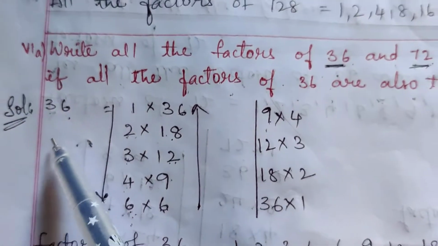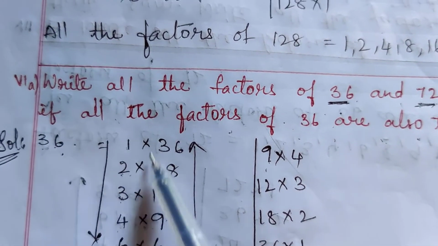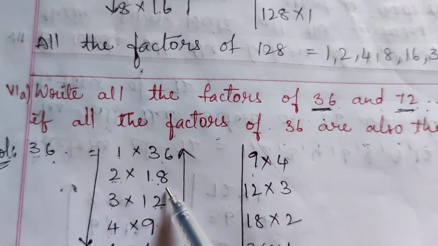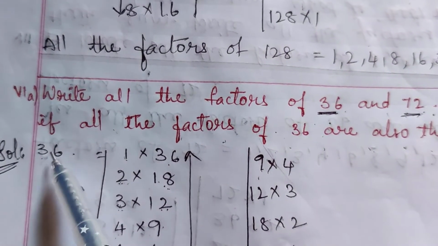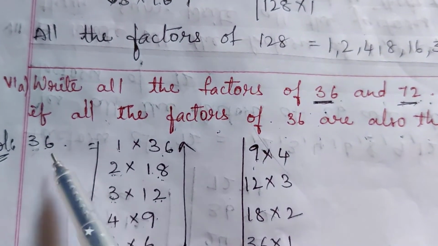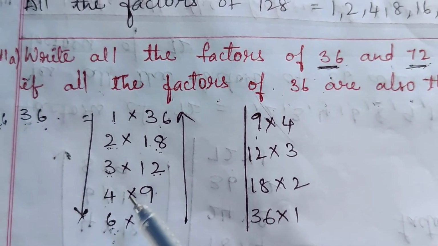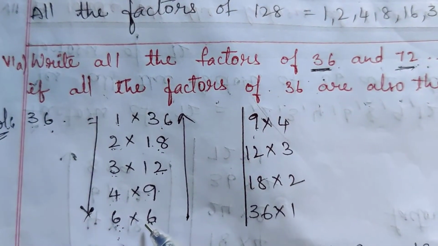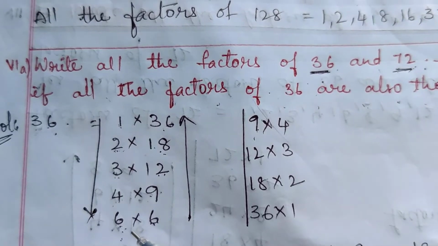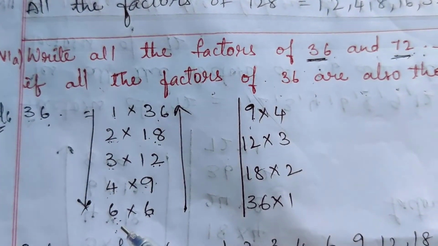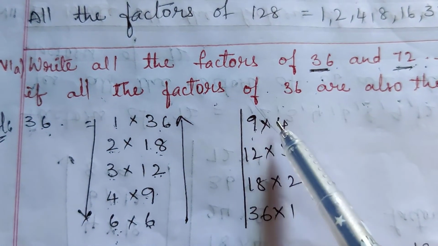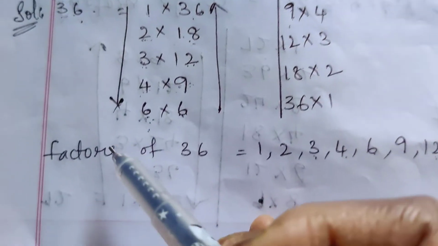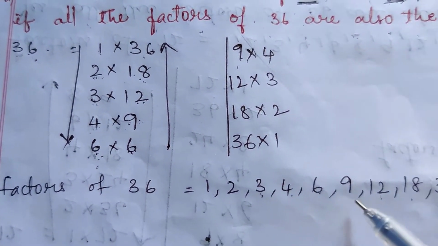So first we are going to write the factors of 36. So 1 into 36, again it will come in 2 table also. So 2 into 18, 3 also, 6 plus 3 is 9. So 9 is divisible. So in 3 table also we will get, 4 table also, 4 9s are 36, 6 6s are 36. So after 6 table again 7, 8, we don't have 36 in those tables. So directly 9 4s are 36. So from here it is again reverse. So take the first group and start writing the factors of 36.